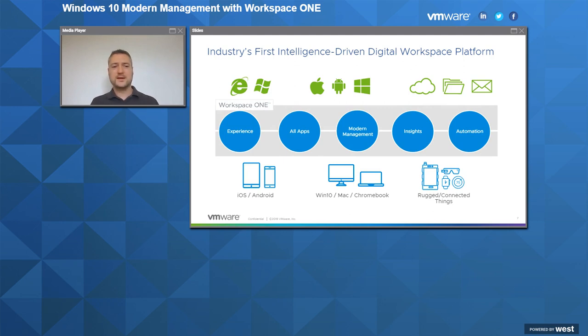So Workspace One is that unified platform for managing every single device that you have in the organization. So whether it's iOS or Android or Windows 10 or Mac OS or Chrome OS, whether you're using Win32 applications or modern Windows applications or SaaS applications or applications from public app stores for mobility, Workspace One has been built to manage all of those different variables. So all of the different ecosystems you have in enterprises, all of the different application ecosystems, all of the different types of users have been kept in mind when Workspace One was designed.